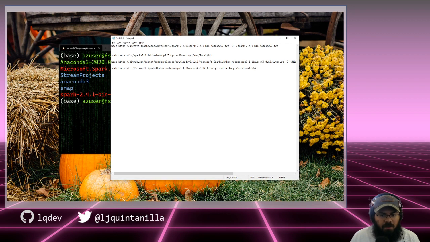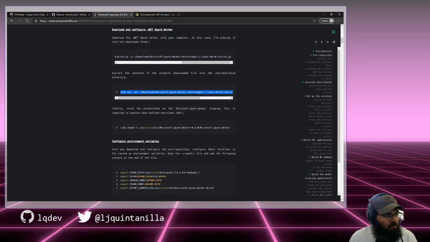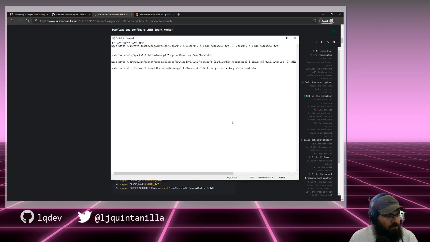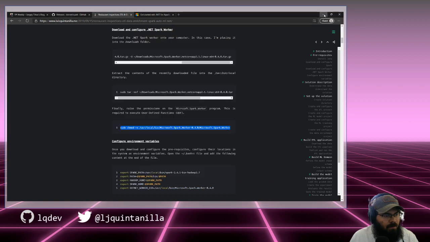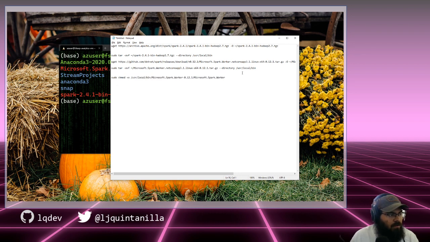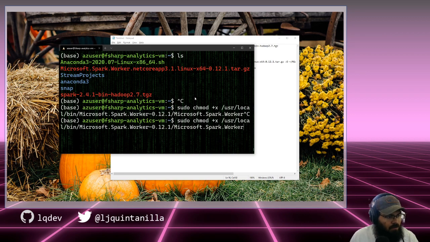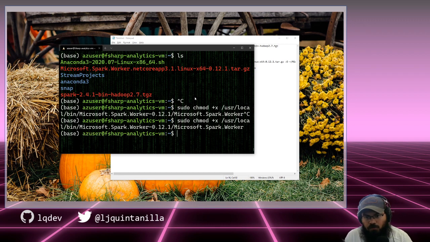So what we've done now is we've installed Java, we've installed Spark, and we've installed the .NET for Apache Spark worker. The last thing that we want to do is change the permissions. The reason you do this for the worker is you want to be able to execute user-defined functions, right? If there's something that you want to do that perhaps you're not able to do with any of the built-in functions within .NET for Apache Spark, you can write your own functions and register them and basically execute those as part of your set